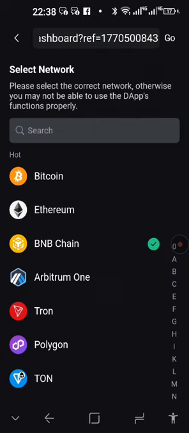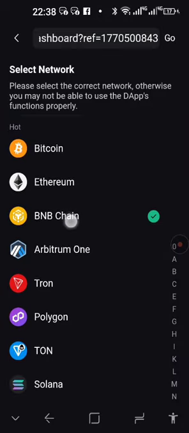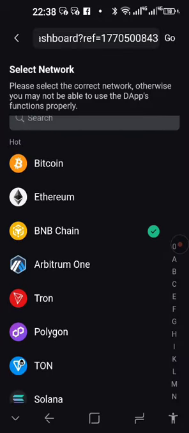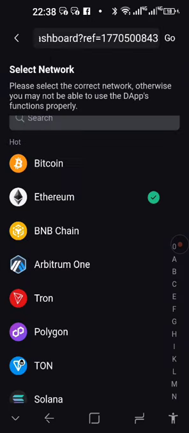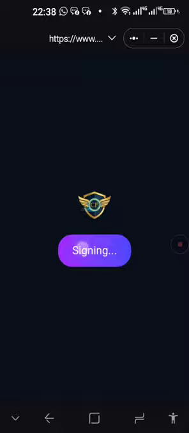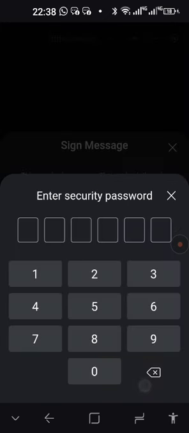Next thing you must make sure of, very important, BNB chain is the network. The default is always Ethereum, but that will not take you to the website and the register, so we're going to cancel it. Make sure you choose BNB chain. Alright, so that is very important. And then you can press sign, confirm,